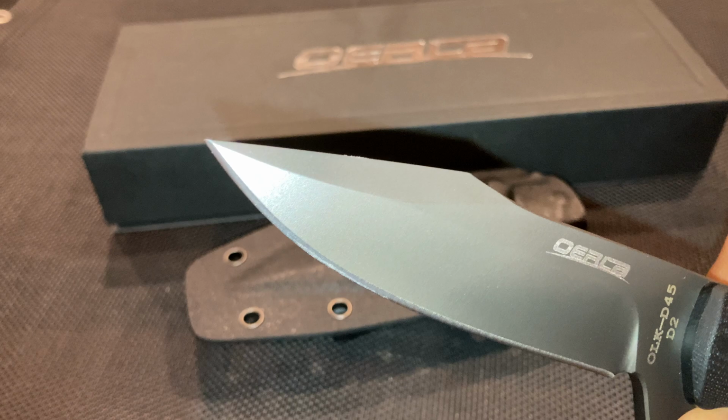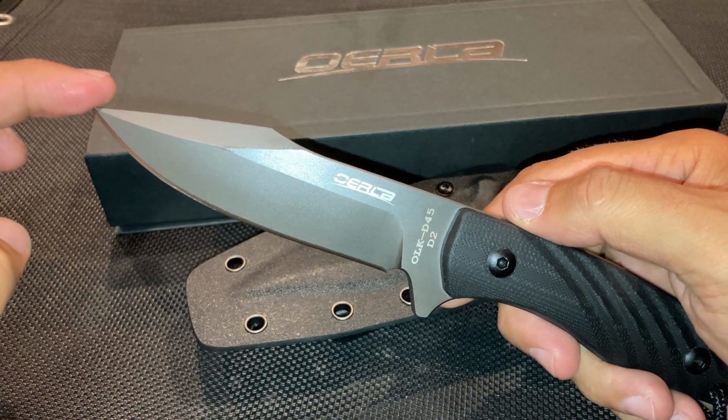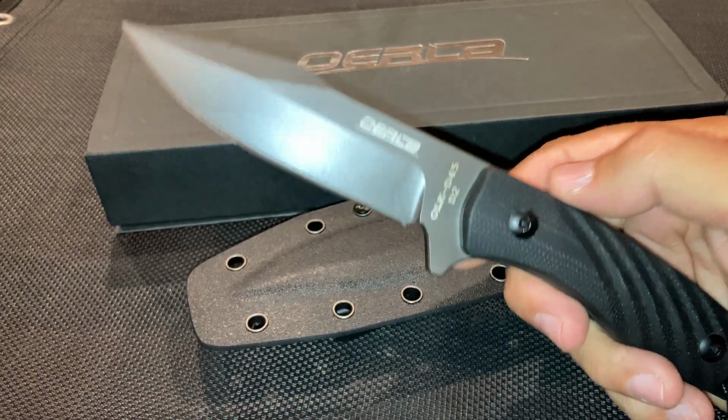And Oerla is a stand-up company. They sent me a brand new knife, and what I did was I rounded off the tip on the grinder, on the Ken Onion, and that tip is pretty good. So I have a backup knife of that,